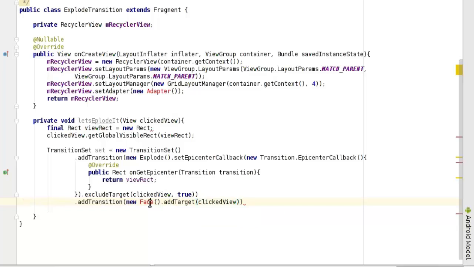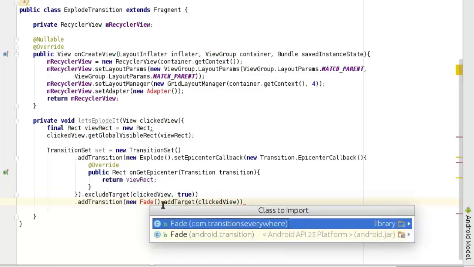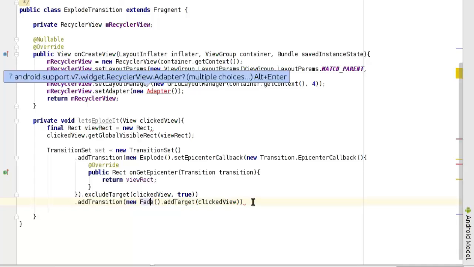Over this way. Alt enter everywhere. Since we have a library set,